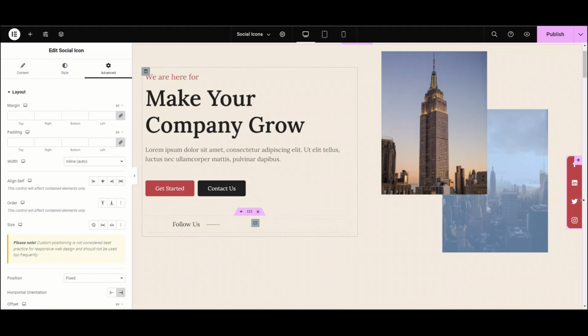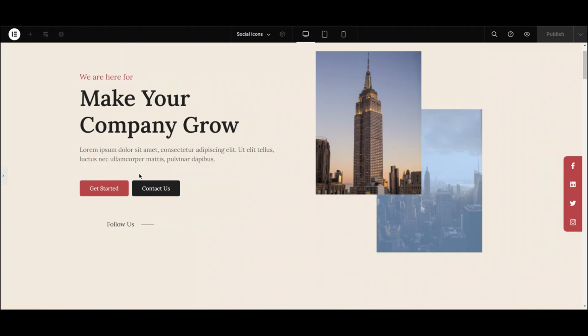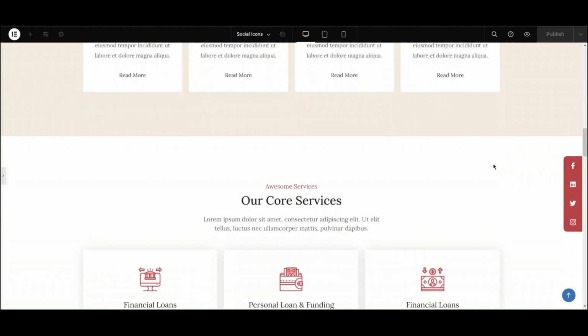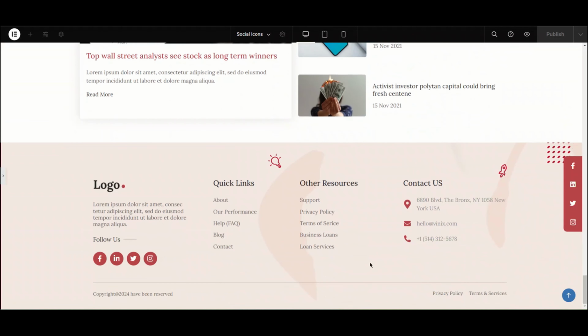Now we will add some padding. I'm setting the padding to 5, like this. And we are done with our sticky social icon. You can also add social icons on your website's footer like this.